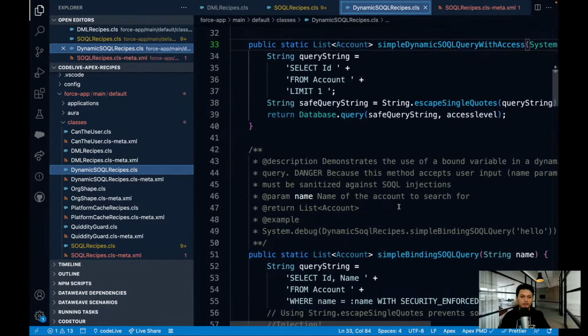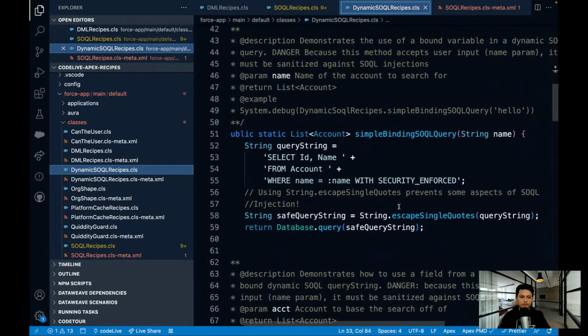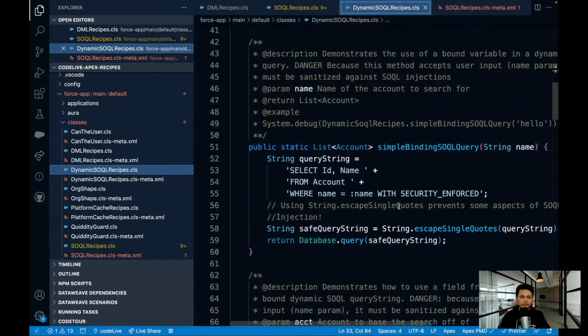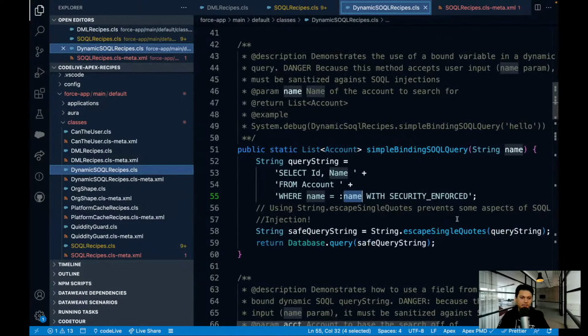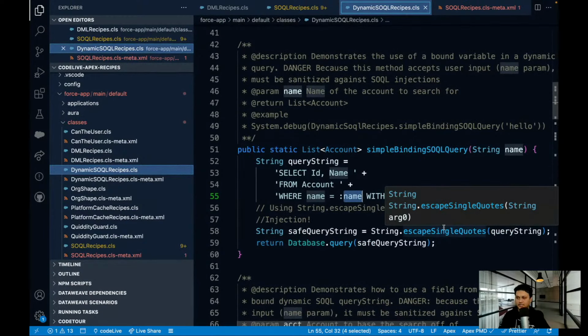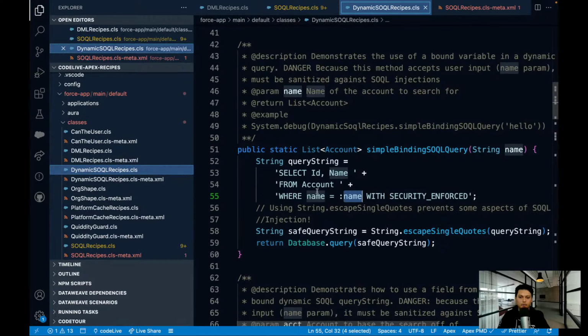The other thing, so even here, right? Let's see this one. So this one is using a binding SOQL example. Basically, it's showing how to use this name parameter as a binding syntax. And you see, we had to do this escape single quotes to prevent some SOQL injection, right? What we could do here is